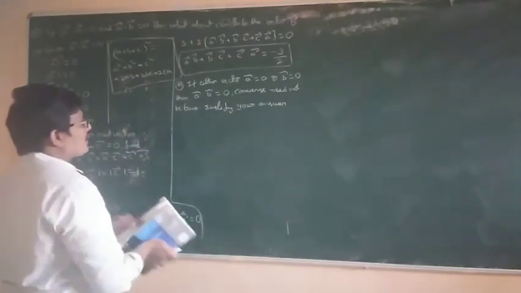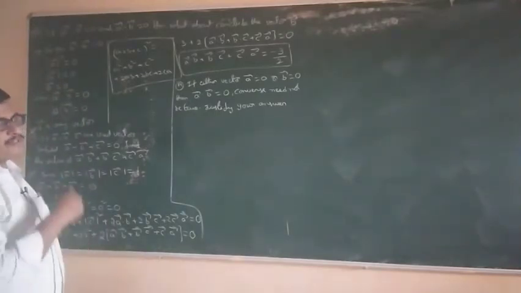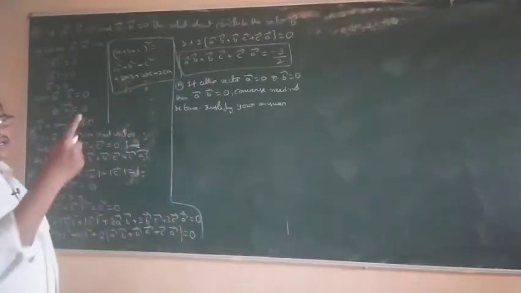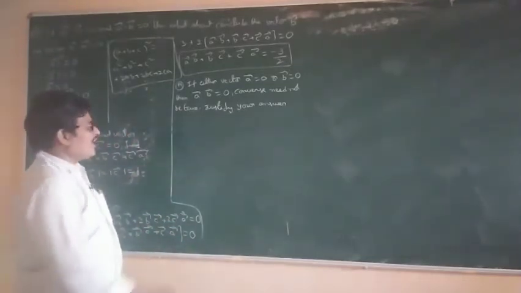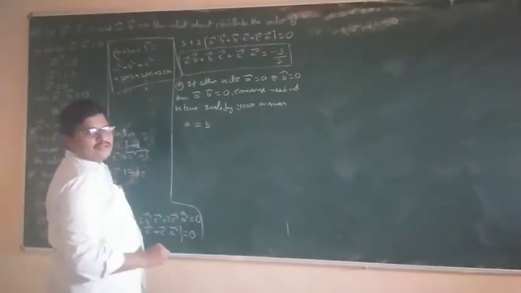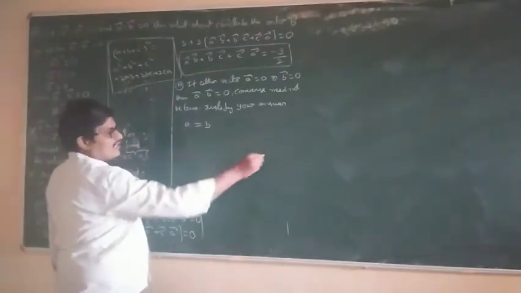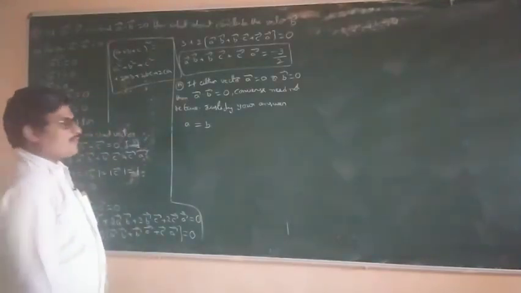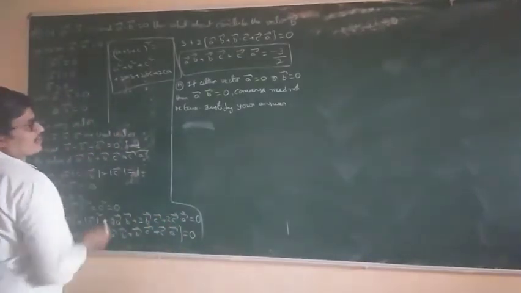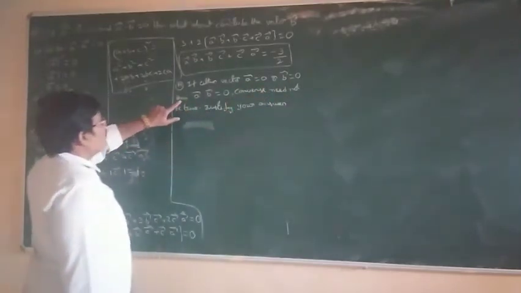So converse is nothing but, we have to prove left to right, at the same time right to left also. For example, a is equal to b, so b is equal to a also. A is equal to b, this is the left to right, and right to left is b is equal to a, this we have proved it. Already one side is given. What is one side? If either the vector a bar or b bar is 0, then a bar dot b bar is